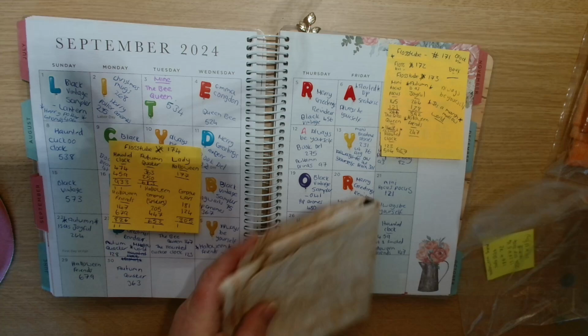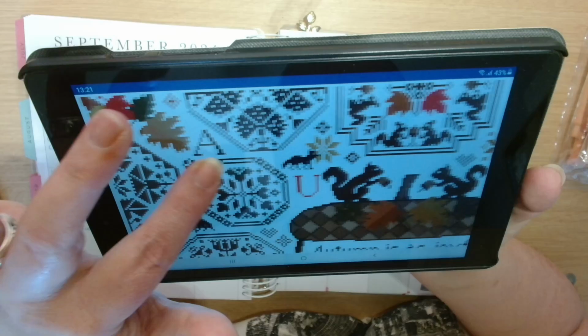That was that one. And then Monday the 30th, I pulled out Autumn Quaker. So let me find this one. So this is Autumn Quaker. That's what that one is going to look like. And if you remember last time, I was stuck on the other half of this leaf in this corner up here because it's two different shades. It called for